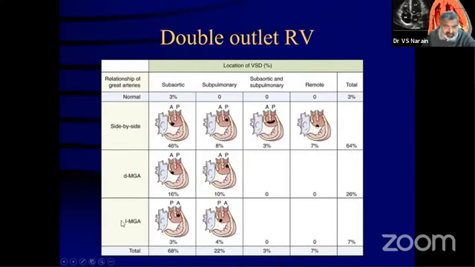It could be D malposition, could be L malposition. There are no transpositions here. There are only malpositions. Both the great vessels lie side by side. But when you have a subpulmonary VSD, there is generally no pulmonic stenosis, and this behaves like an increased flow situation and often presents as an L transposition, the Taussig-Bing variety said to be a type of transposition. So the one which has a VSD sitting below the aorta behaves quite like tetralogy of Fallot.